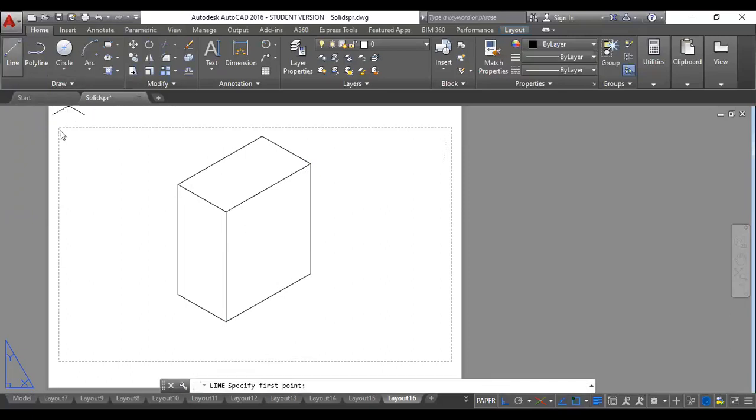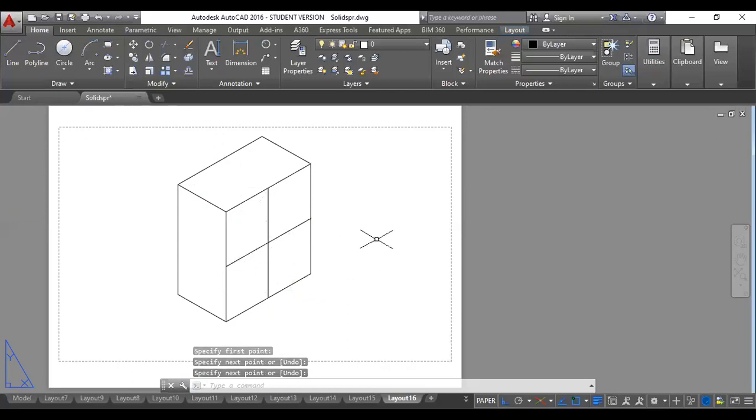So to do that, first I need to locate its center. So first I will locate its center. So this midpoint to this midpoint. Okay, so I know this is the center for the ellipse now. So I can directly use the ellipse command. Then click on isocircle and click at this point. So this is iso top, but I want this particular plane, that is iso right. So let us say the diameter is 40 mm, so the radius will be 20. So I have drawn one.